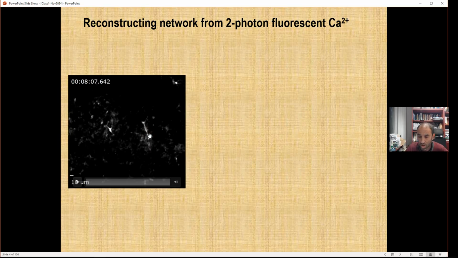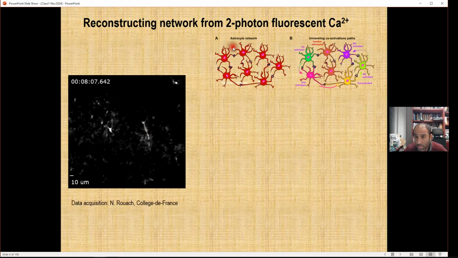And if yes, how can this be done? In other words, suppose you have an ensemble of astrocytes. We would like to use this possible time correlation across time to look at the possible path of activation. Let's say there is a first activated astrocyte that will activate most of the time a second one, then a third one, and a fourth one, and so on. This will reveal that there could be specific paths of action, specific paths that underlie some cognition, some more elaborated